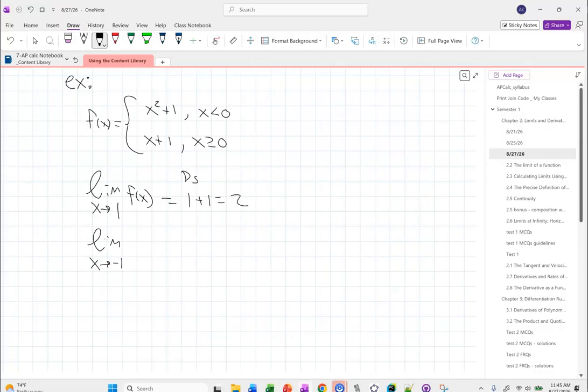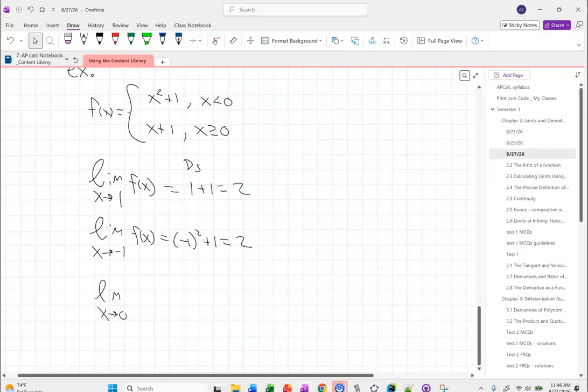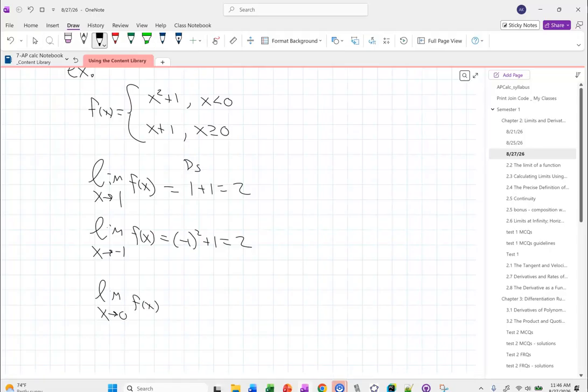We're going into negative 1. Where does negative 1 live, quadratic or linear? Quadratic. So just plug in, right? Done. What we can't do is if it's at the boundary. Okay. So at the boundary,